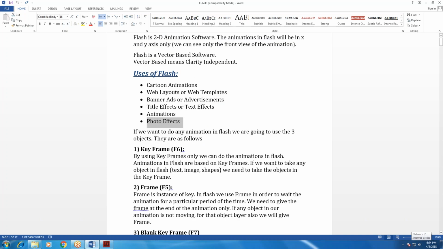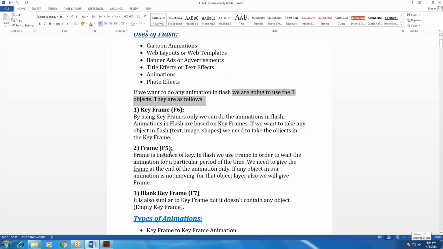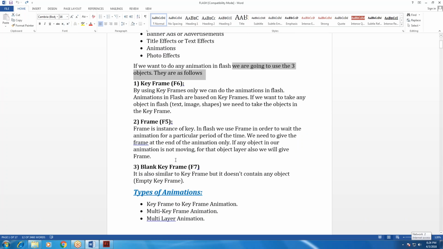If you want to do animation in Flash, we are going to use three objects. They are keyframe, frame, and blank keyframe. What is meant by keyframe? What is meant by frame? And what is meant by blank keyframe?